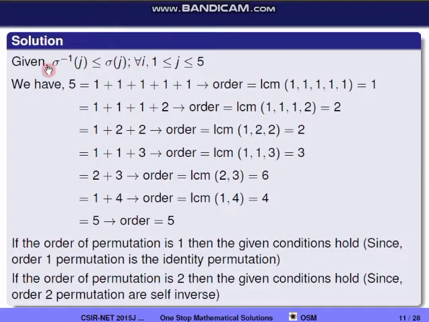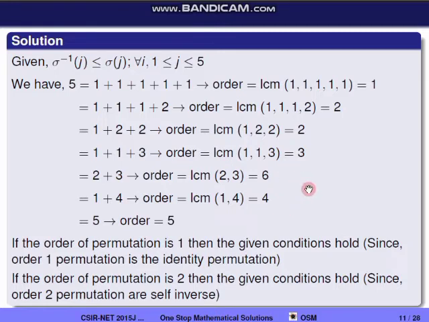So they are given the condition here. It is a permutation on 5 letters. First of all, I am writing the different partitions of 5 so that I will know the different cycles of order of a 5 permutation. So 5 can be written as 1 plus 1 plus 1 plus 1 plus 1. So it has a cycle of order equal to the LCM of these numbers, that is equal to 1. Now 5 can be written as 1 plus 1 plus 1 plus 2. So it has a cycle of order LCM of these numbers, that is equal to 2. Similarly, once we find all of this, we find that a 5 permutation has cycles of order 1, order 2, order 3, order 4, order 5 and order 6.